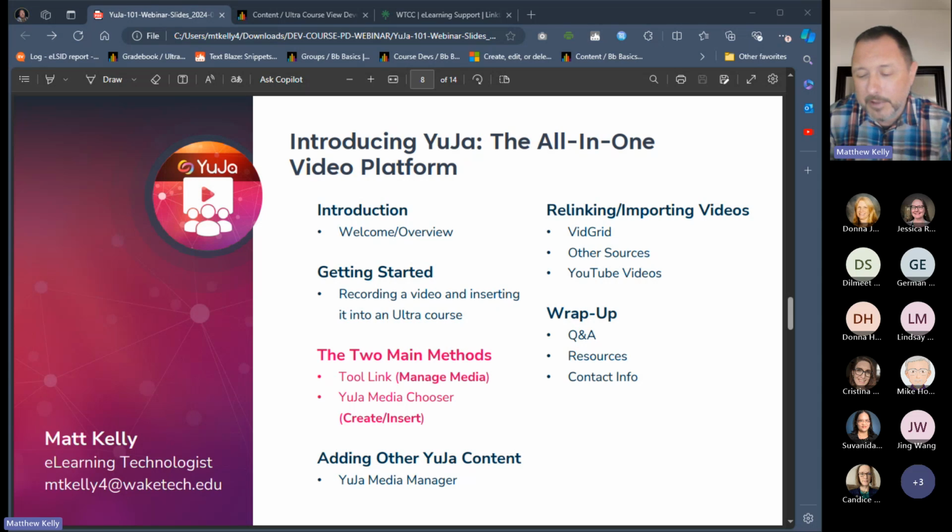That's going to come down to organizing your media in the media manager and having a folder for, like in Flipgrid, you would have your different grids. In YuJa, you're just going to have different folders, basically the equivalent of grids, different containers for different videos that you insert into your YuJa content.